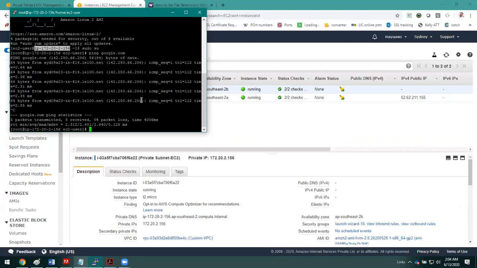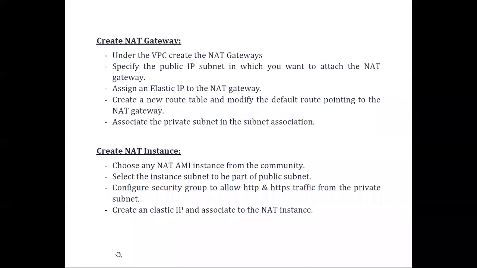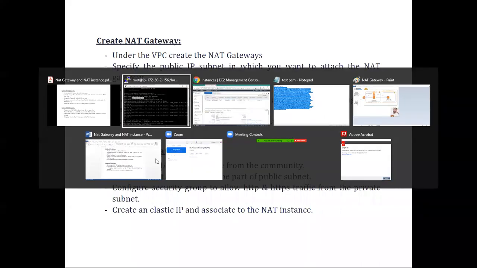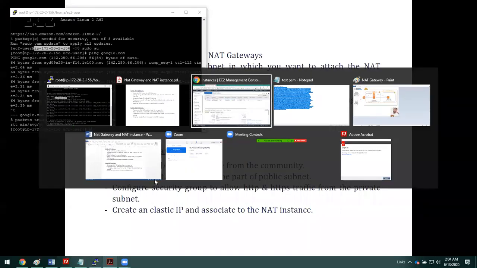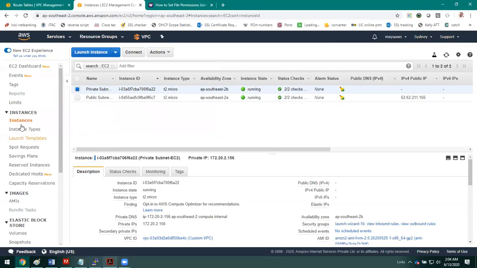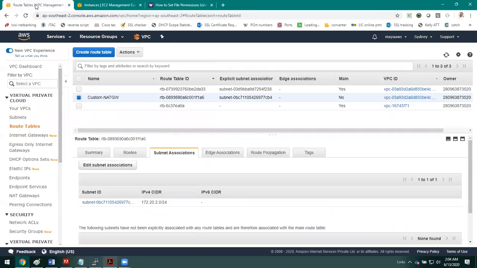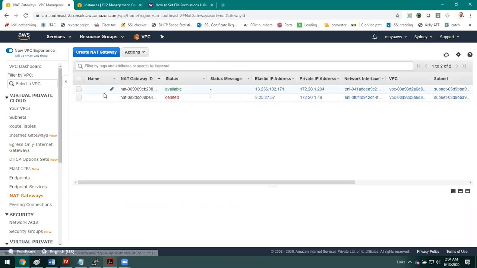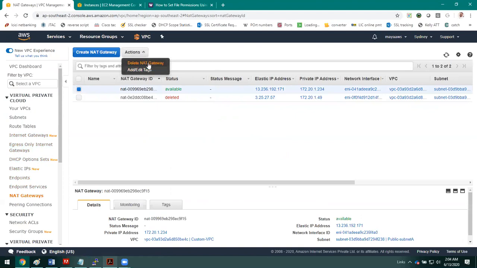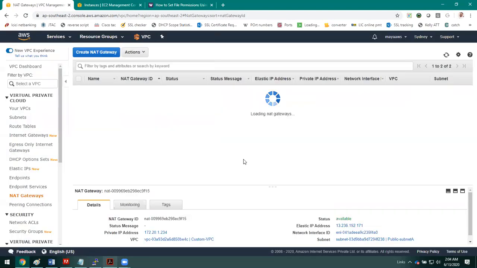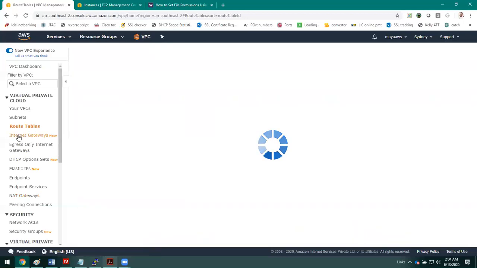Okay. Now let us use another method. How to create a NAT instance and from the private instance, how to access the internet. Let me decommission the NAT gateway, whatever I have created. Okay.